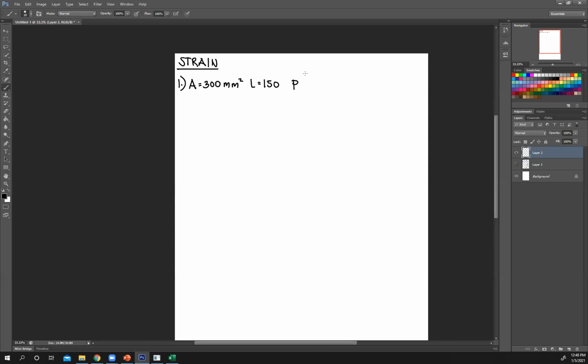So you have force at the end. Let's call that P. Tensile force 20 kilonewton, right? Then your density was 7850 kilogram per meter cube. And then lastly, your E, which you should already know, is just 200 times 10 raised to 3 meganewton per meter squared.